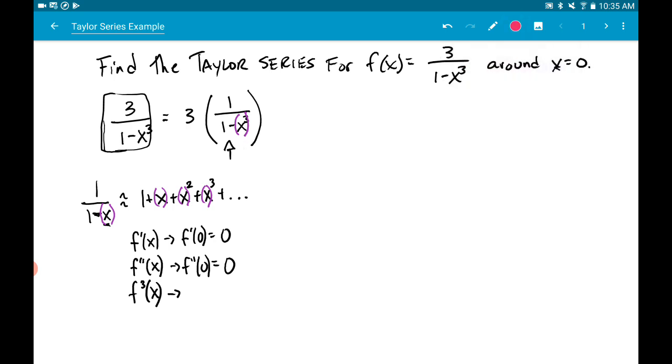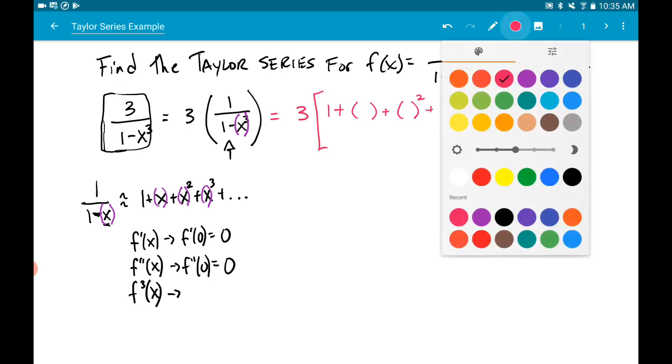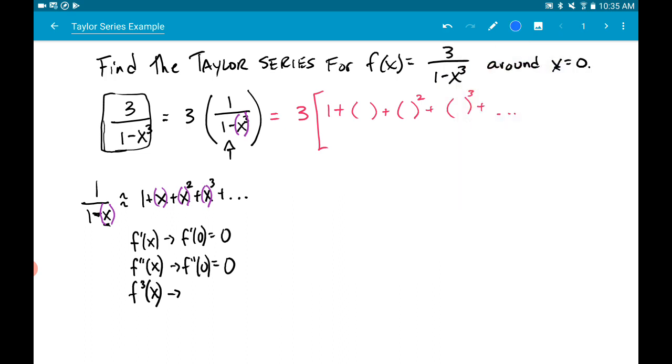And so what I mean is I can rewrite this as the series 3 times 1 plus the argument plus the argument squared plus the argument cubed plus however far I want to go. But the one that we memorized, or the ones that we studied, the argument was x, and so all these were x's. But now the argument, the thing that's replacing the x, is x cubed,